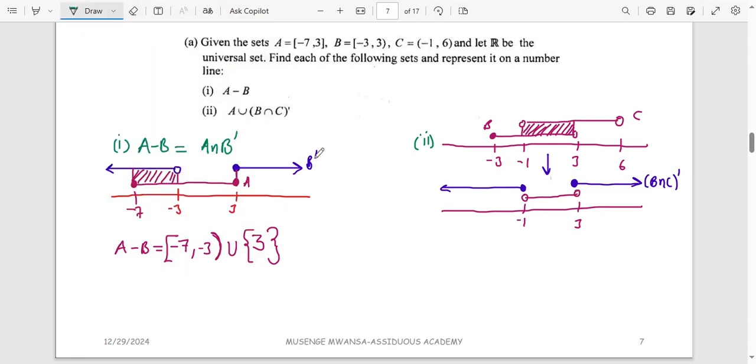And then from here, since we have found B intersection C complement, we can now get the set A. The set A is from negative 7 up to positive 3, and both are being included. Negative 7 is here and then 3 is here. Both are being included. I can remove this one. So this is the set A again, but the difference is that for this one we are not finding the intersection, instead we are finding the union. So therefore I'm going to say A union B intersection C complement